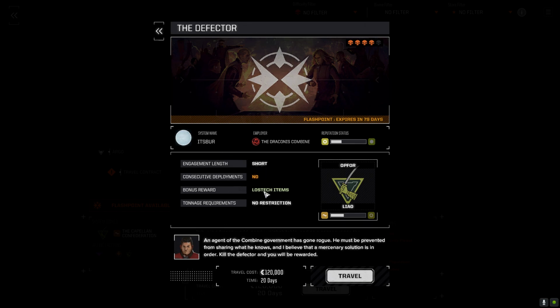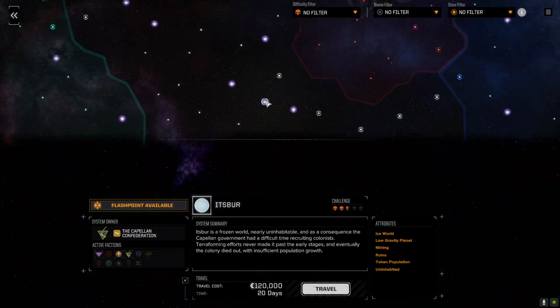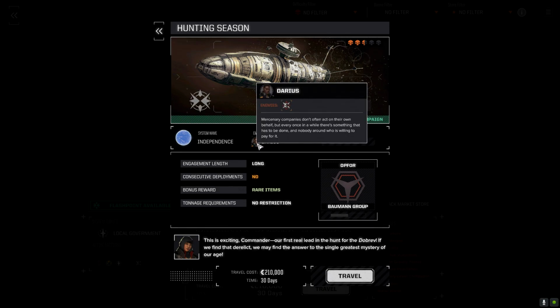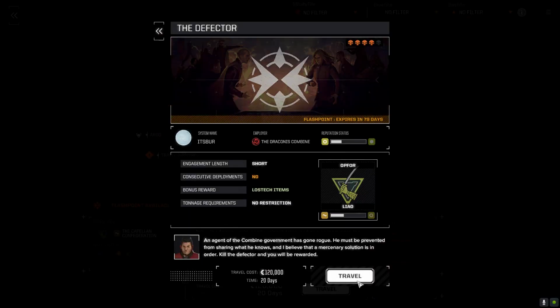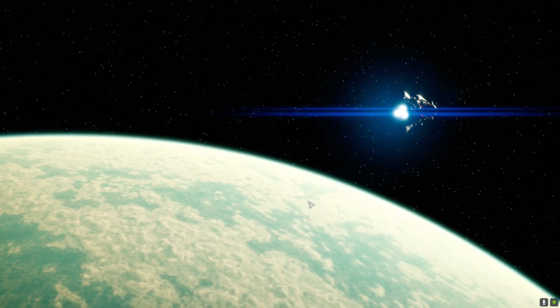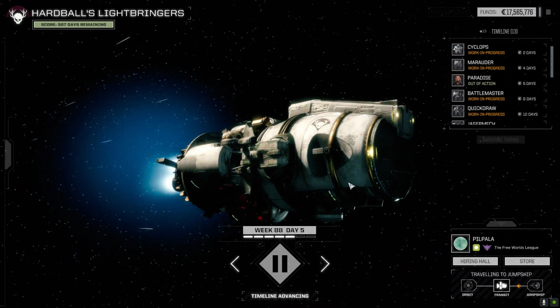Alright, so lost take items as a bonus reward. None of these Flashpoint missions had tonnage restrictions. Oh, by the way, sorry, were there tonnage restrictions here? No restrictions, okay. Oh, and Darius is giving us something. Well, anyway. So, we are traveling here. Roger. Let's get it on. Course plotted. Nothing forgotten. And that's it. Let's enjoy the tranquil...